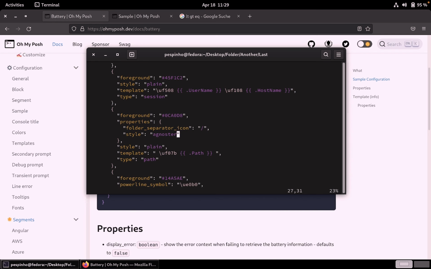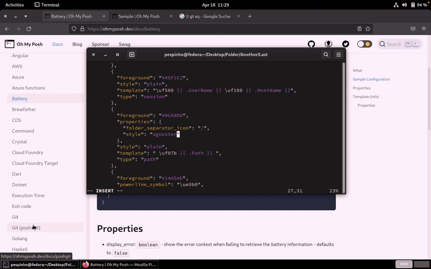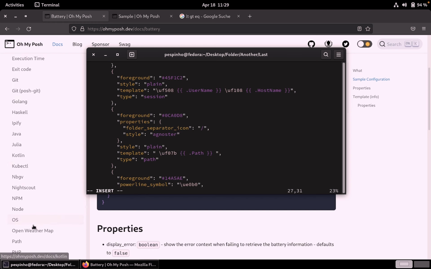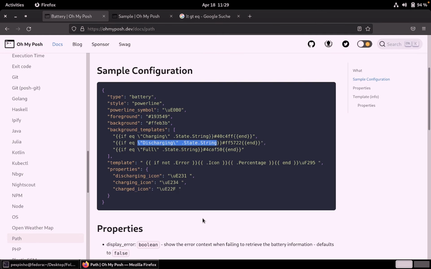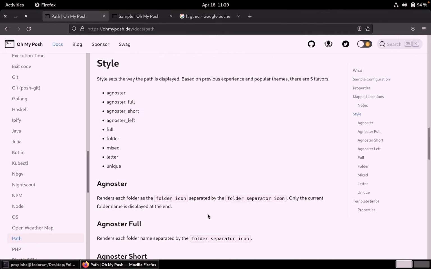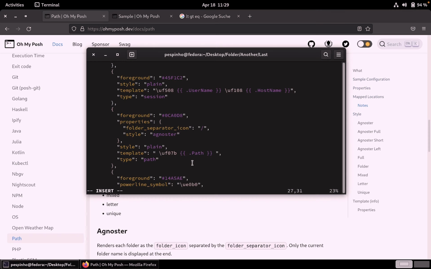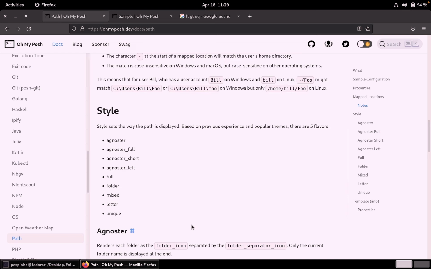And now I saw that I could have chosen, where was it? Here. Path, I could choose agnostic short, as I showed before,